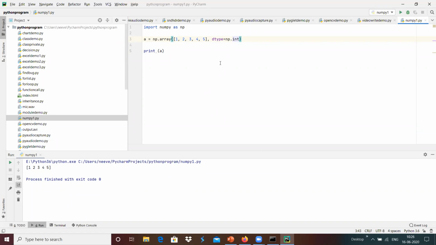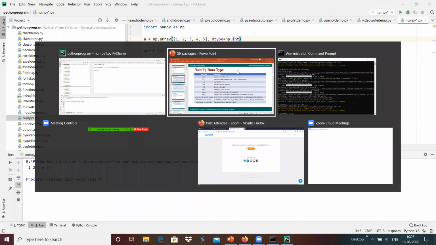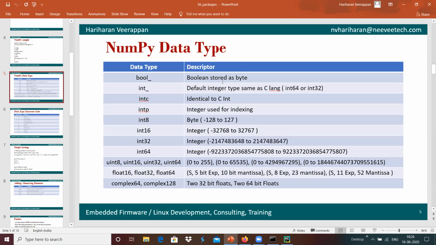And we can also create a custom data type with the variables and character codes.